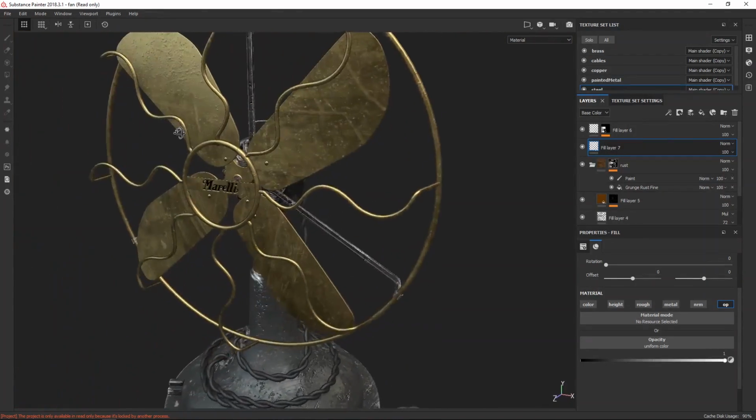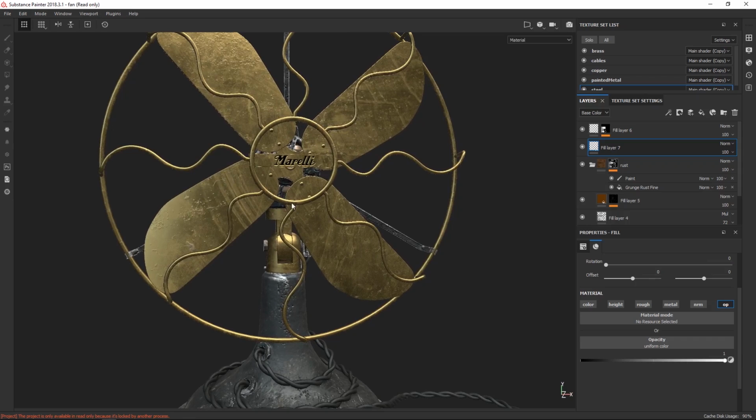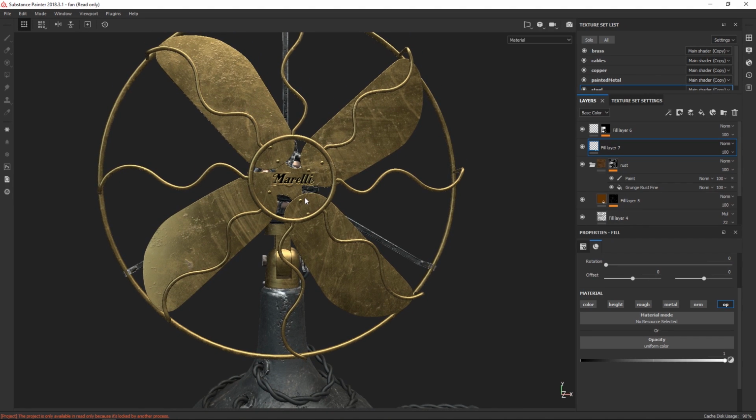So shaders are really just built up from a very select few channels, a few textures. You have the color or the albedo, then we have the roughness, which you can see has these really nice streaks. Then we have some kind of geometry-based map. It could be a bump, a displacement, or a vector displacement. We didn't talk about that.